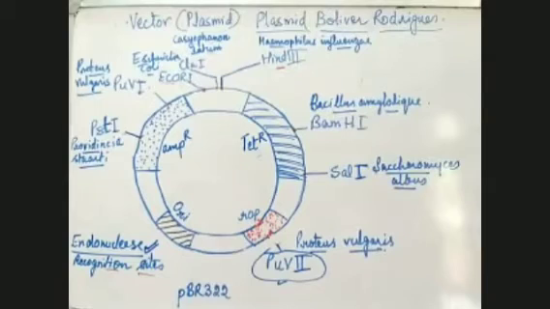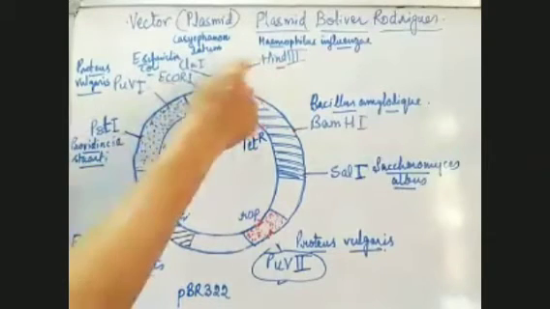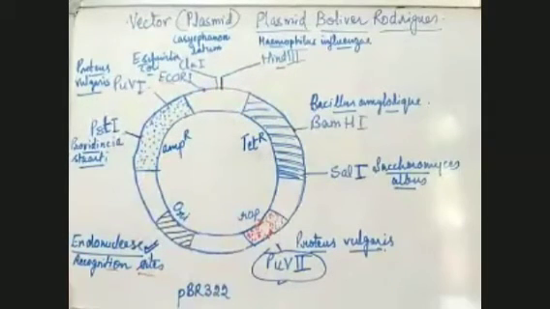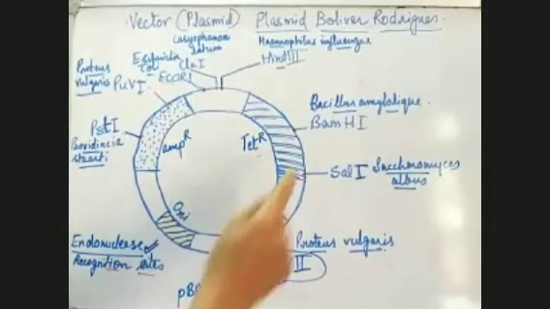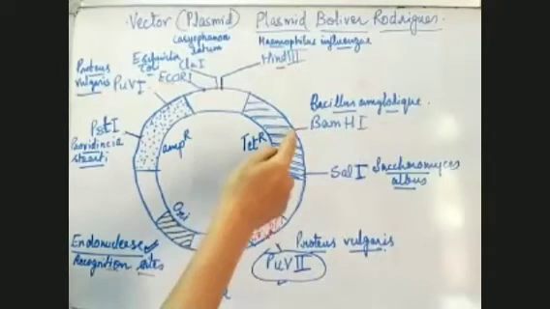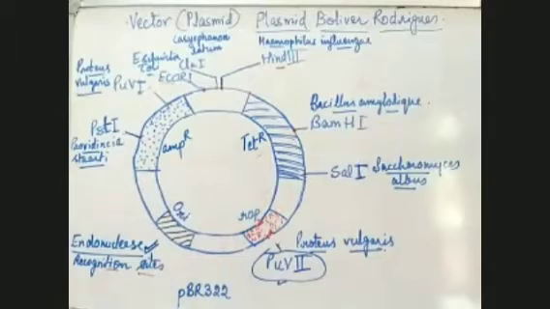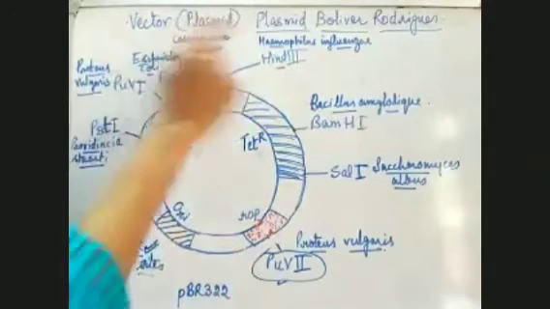It has so many recognition sites so that whosoever uses it can use whichever endonuclease he has. Suppose it is bought by Sukh Sahaj and Sukh Sahaj has Hind3, so he will use this only. He will not use others. Suppose it is bought by Paras and Paras has BamH1, so Paras will cut it here only. Anybody can use it, whichever endonuclease they have, since so many recognition sites are given for different endonucleases.